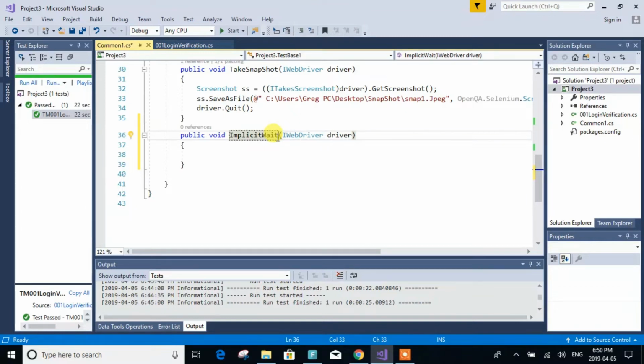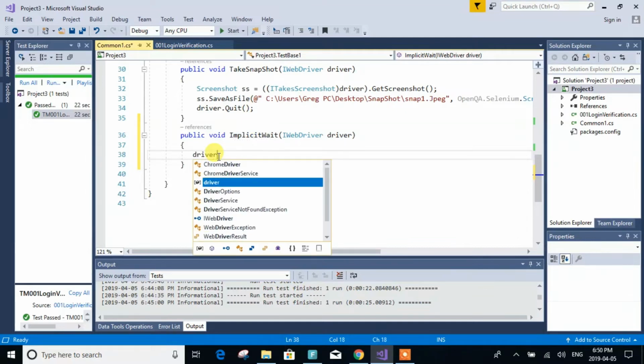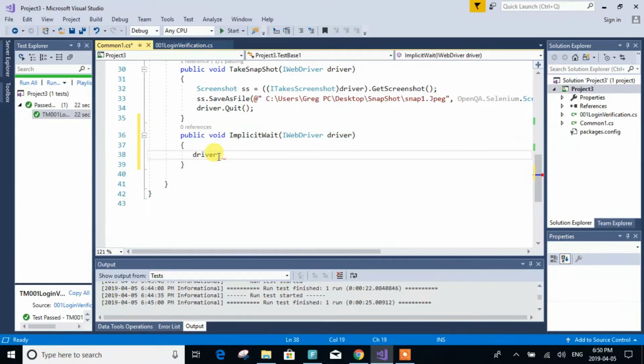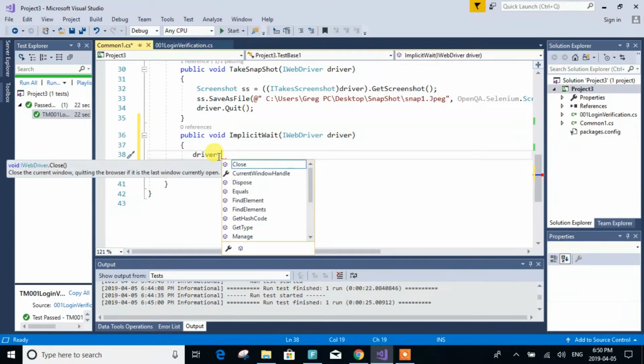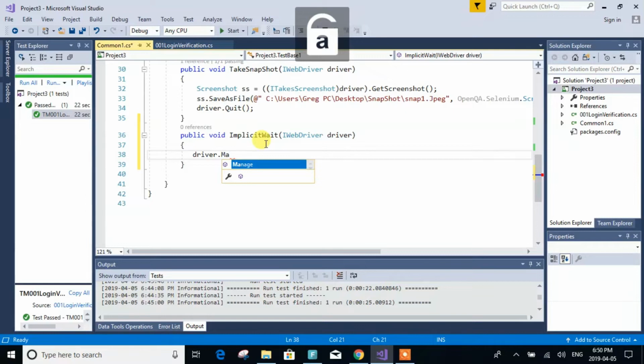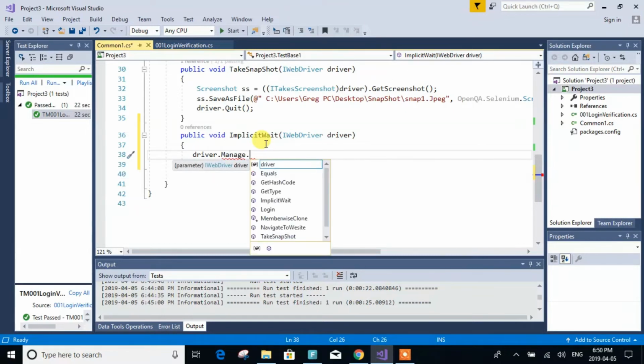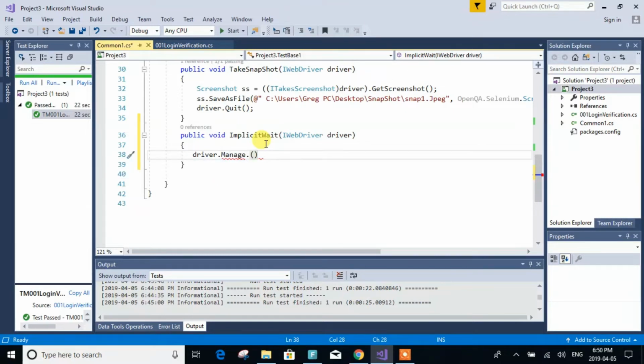So the implicit syntax, I'm going to write it down here: driver dot manage dot timeouts dot implicit wait equal